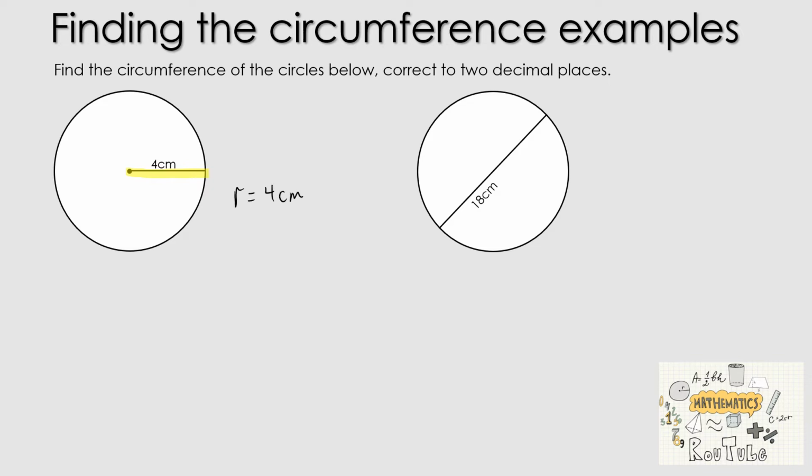Now, we've got two formulas that we can use. If we're given the radius, the formula we use, and I'll write it in red, is C for circumference, so the circumference equals 2 pi R. What that means is 2 times pi times the radius. Let's substitute the value of the radius into that formula. So C is equal to 2 times pi multiplied by the radius, which in this question is 4. Then you will need a scientific calculator with you. Once you do that, you should receive an answer that is